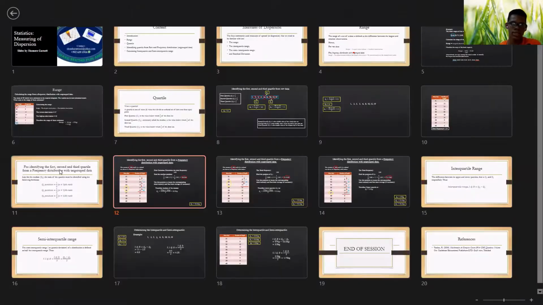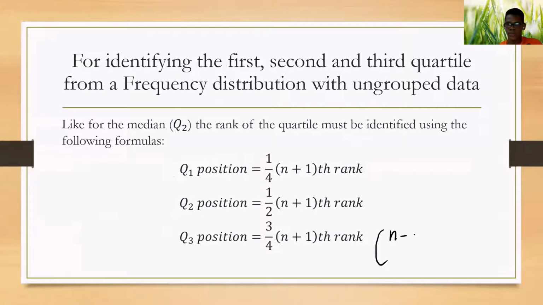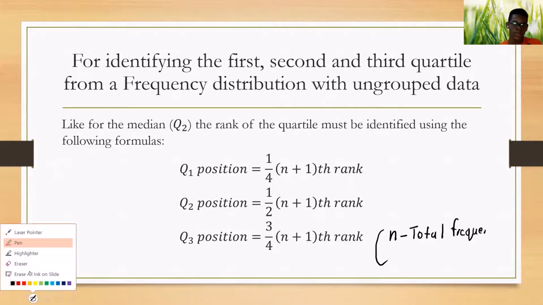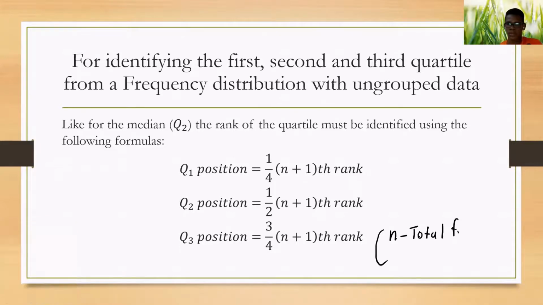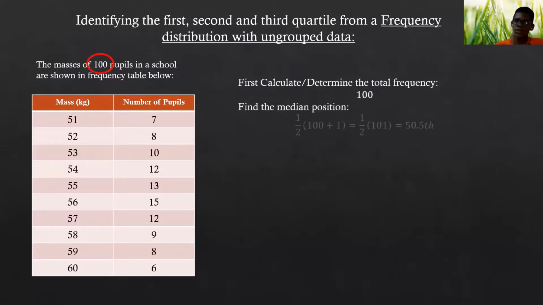I did not indicate that here, but for the sake of the notes, I will reiterate that n is the total frequency, 1 is 1, everything else is constant. So the total frequency plus 1 divided by 2, or multiplied by a half, it's the same thing,